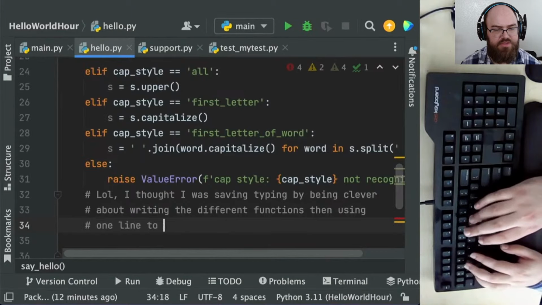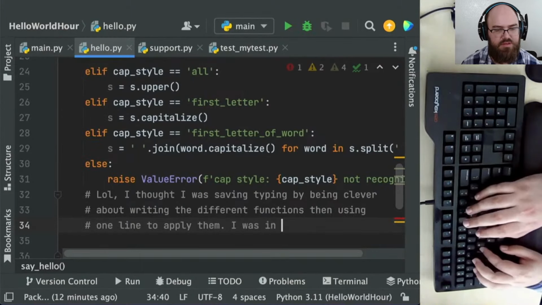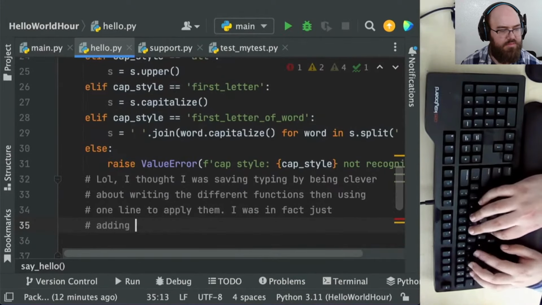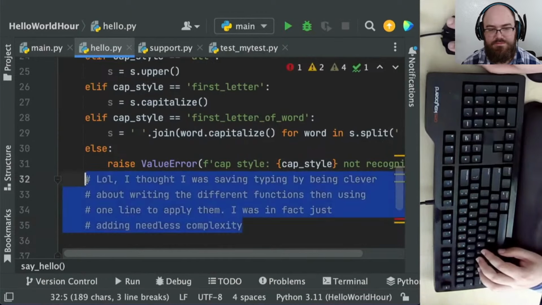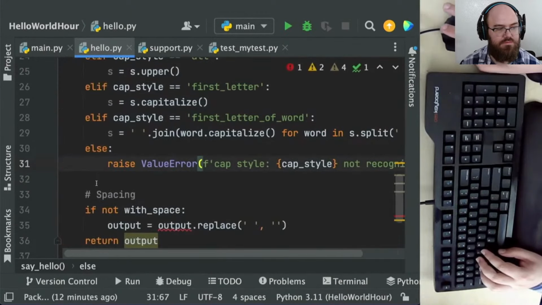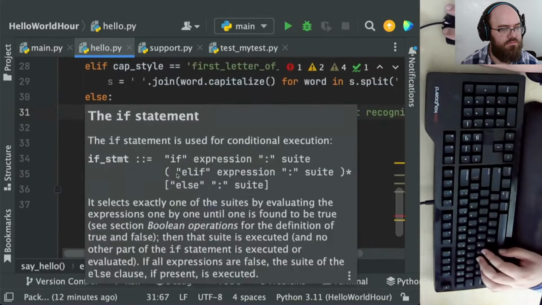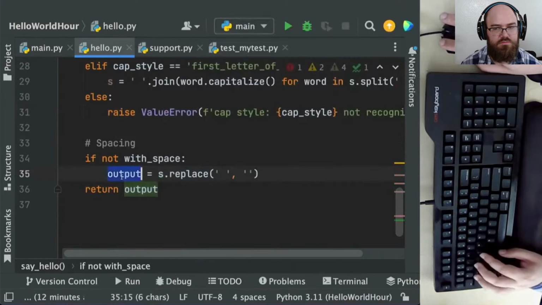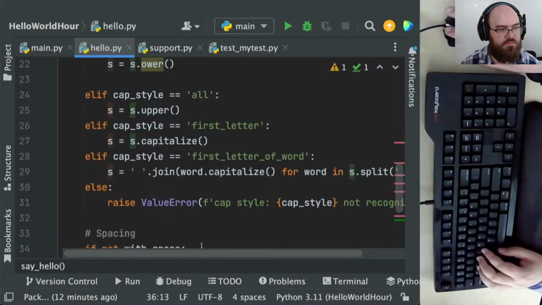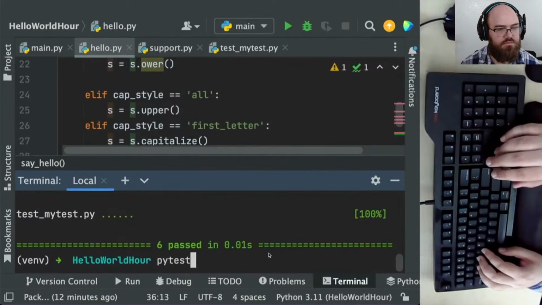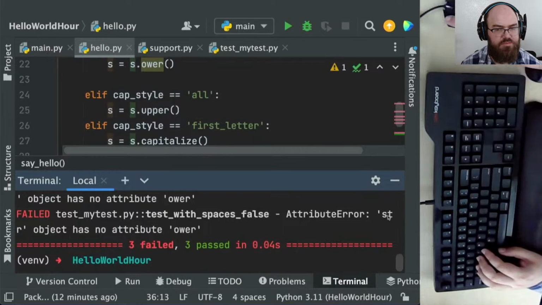I say, lol, I thought I was saving typing by being clever about writing the different functions and using one line to apply them. But I was not being clever, I was just doing extra typing. Typo comes back to bite me.